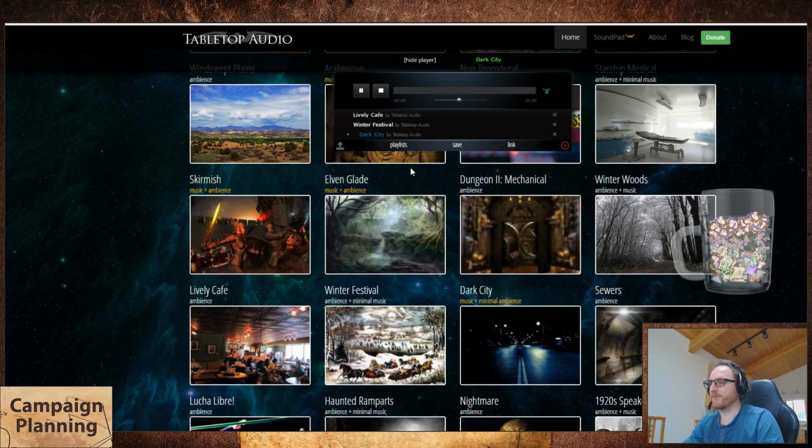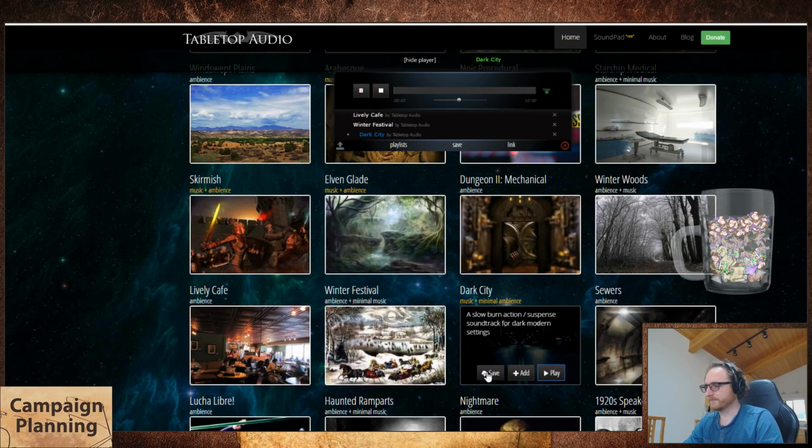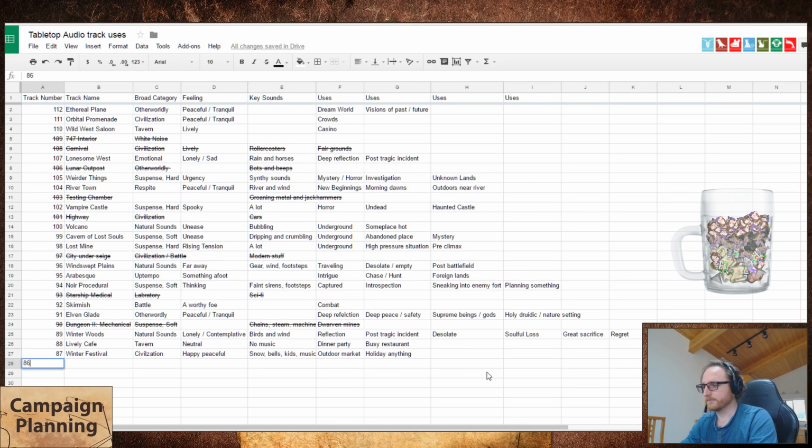Dark City, one of my favorite tracks. This is definitely Suspense. Is the Suspense soft or hard? I think this is Suspense hard. Rising tension. Uses, chase,